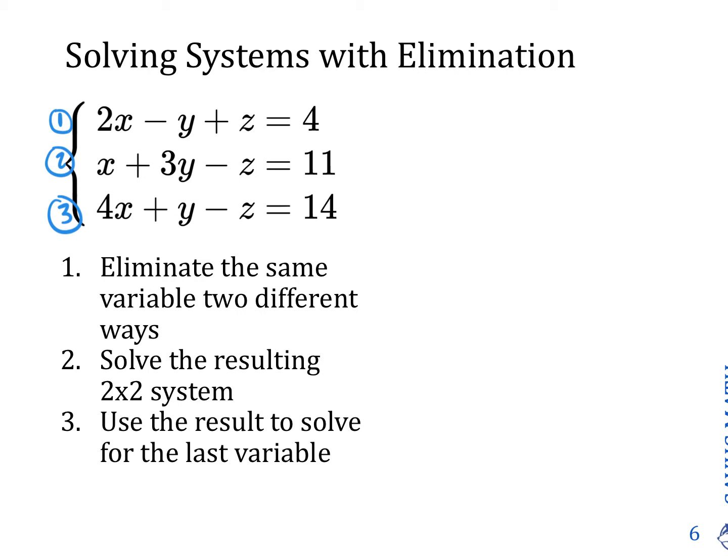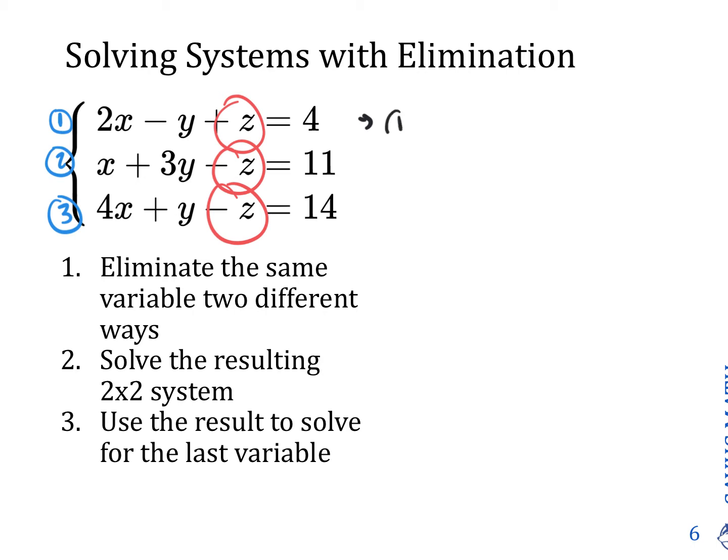When you solve these systems, you always have to start by eliminating one of the variables two different ways. So what I'm looking at is, I see that these three z's, I could find two different ways to eliminate that z. I could do it with x's and y's too, but it just looks like the z's are the easiest ones because I don't have any coefficients to work with, so I'm just going to go ahead and do that. So the first way is